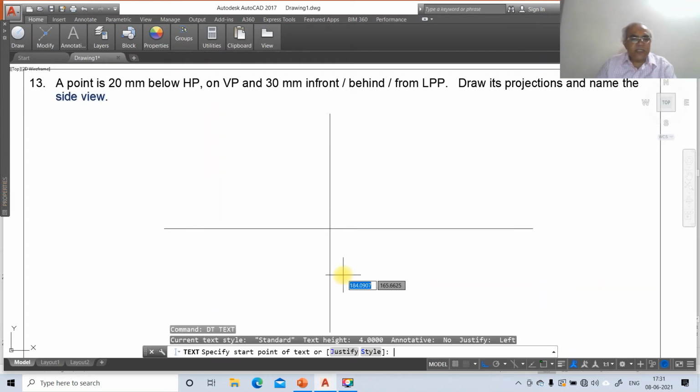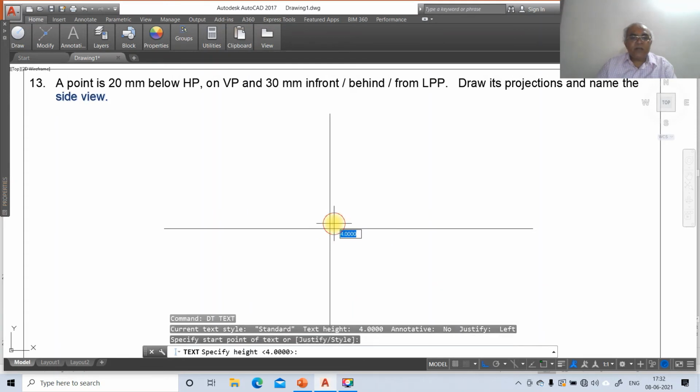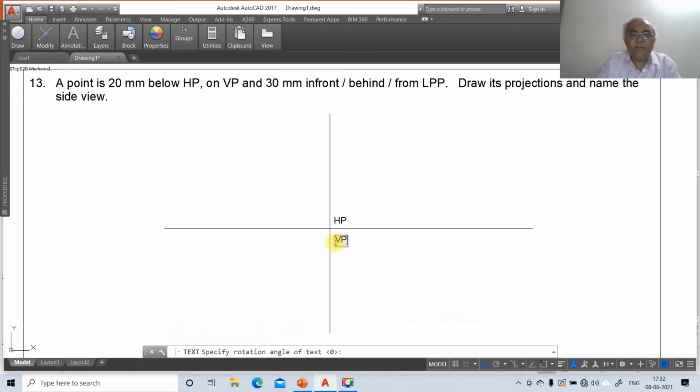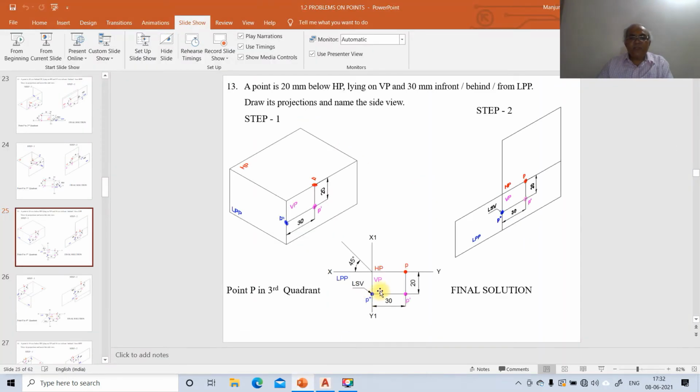First we will go for the D text. I will mark this point. I will take the height as 3. So I am going to take HP here, then VP here, then LPP here. Always LPP is adjacent to VP. Then I need to take the distance with respect to the profile plane, 30 mm.